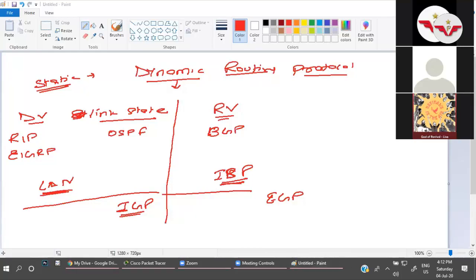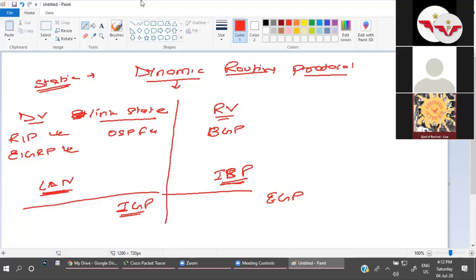Okay. So today and tomorrow, in these 2 days, my target is to cover all three routing protocols: RIP, OSPF and EIGRP. Today we will start with the basic concept and basic difference between RIP, EIGRP and OSPF, like distance vector routing protocol and link state routing protocol. Then we will check the configuration of RIP v2 and OSPF. If possible OSPF, else we will cover OSPF tomorrow.